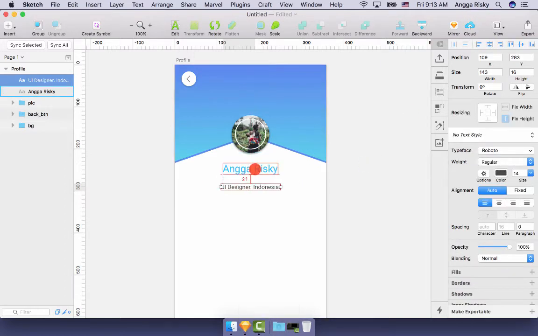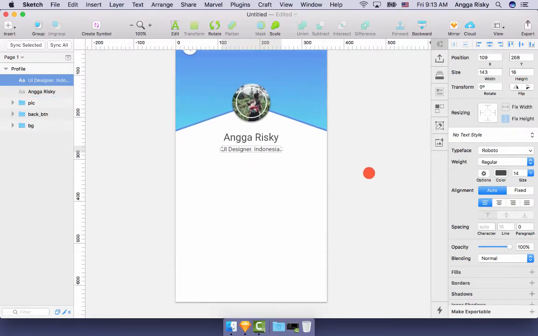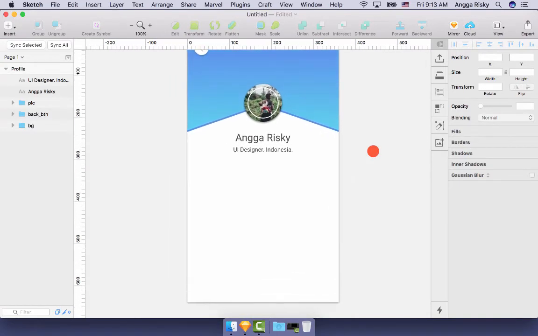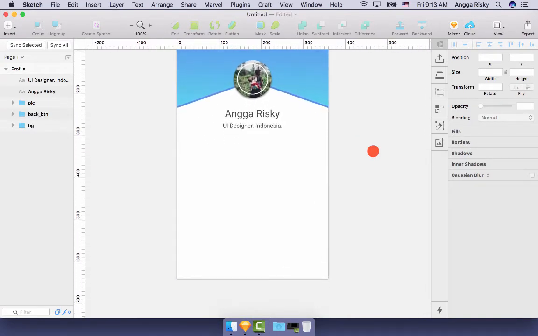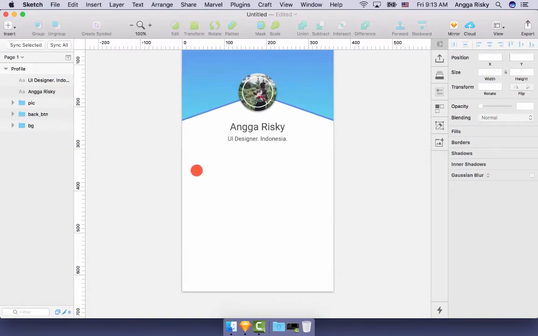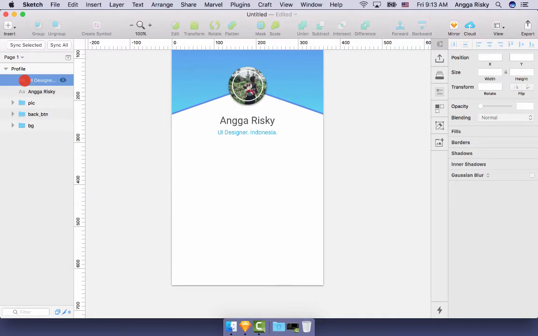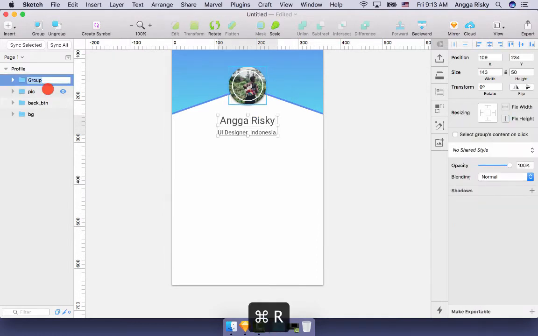Okay, and the margin is about 6, like this. So this is the basic profile, and after that I want to create the social media, but firstly I want to create the button here, so I will group it first. This is information,